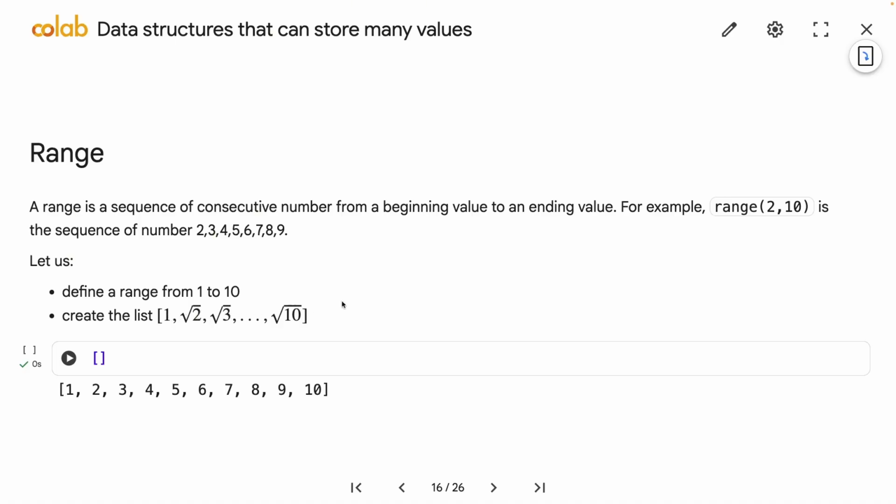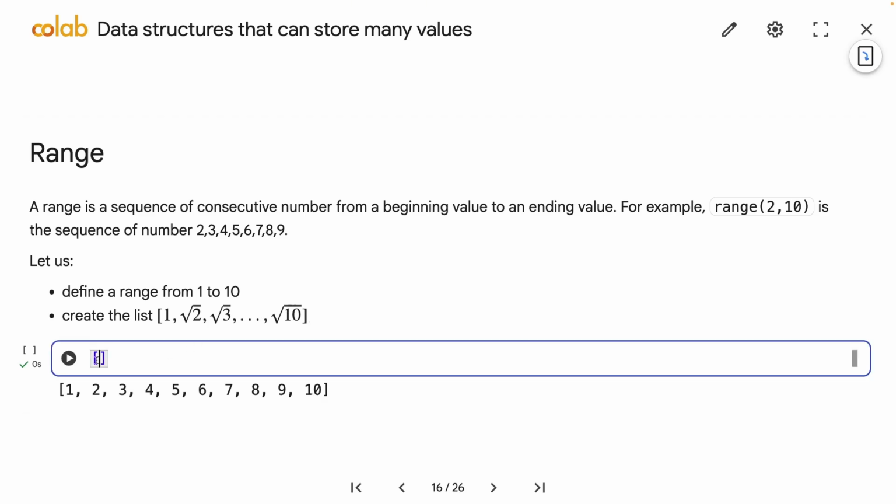And they're not continuous values, but it's a similar idea of defining somewhat continuous values, combined with the square rooting operation, right? Normally you would just type 1, square root 2, square root 3, which is a bit time consuming if you have many numbers. But one quick way to define it is that, first of all, let me